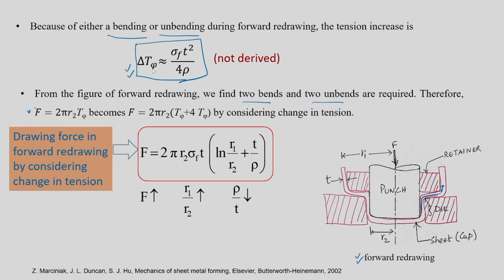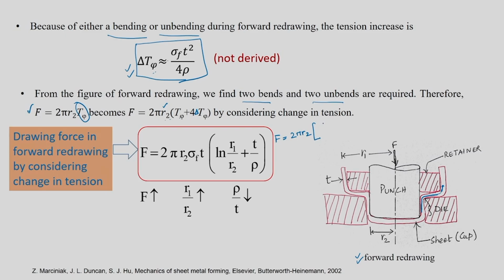Therefore, my original equation f is equal to 2 pi r2 T phi becomes f is equal to 2 pi r2 into T phi plus 4 times delta T phi. This delta T phi is for either a bend or an unbend. There are 4 such activities, so I am going to multiply this by 4 and add it to T phi to get my f. So, what will I get? I will get f is equal to 2 pi r2 into